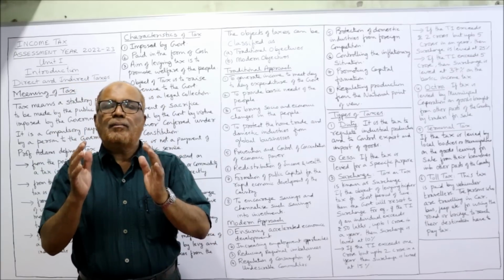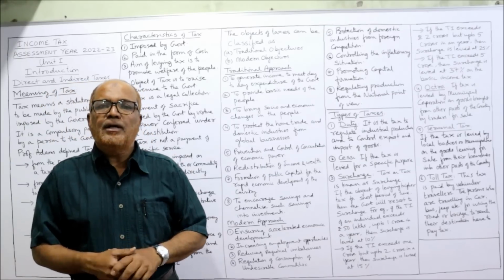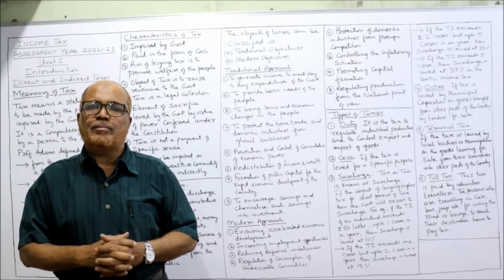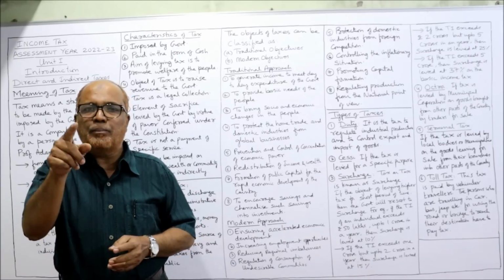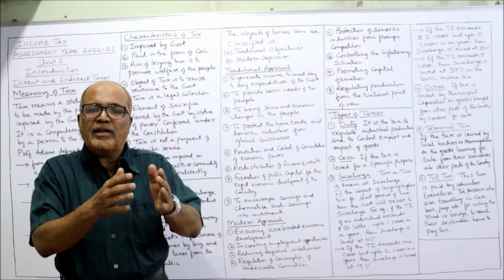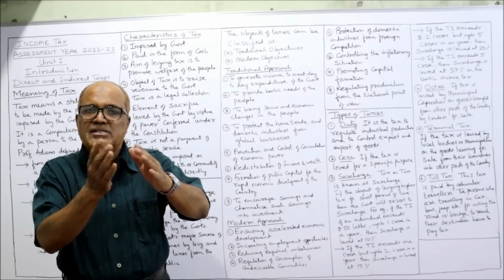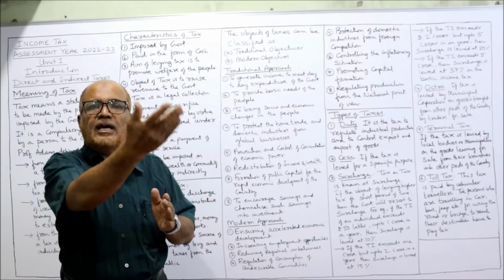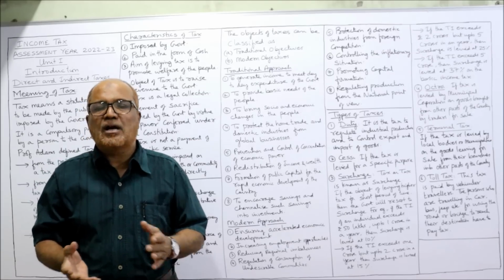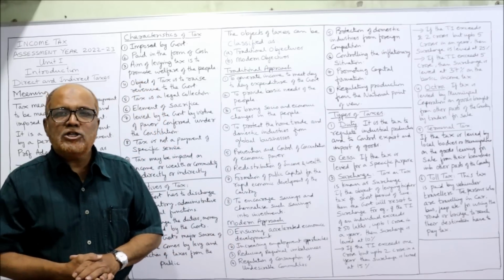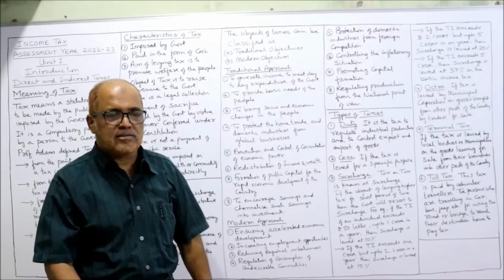See here, the government will encourage the people to save their income. If they save their income, there will be a reduction, there will be exemption from tax. The government will give you so many exemptions and allowances if the people save the money. When you save the money, you can channelize it into investments. That means your income is saved and savings will create the investment. And investment will bring about economic development in the country. These are the traditional objectives why the government will levy the tax.